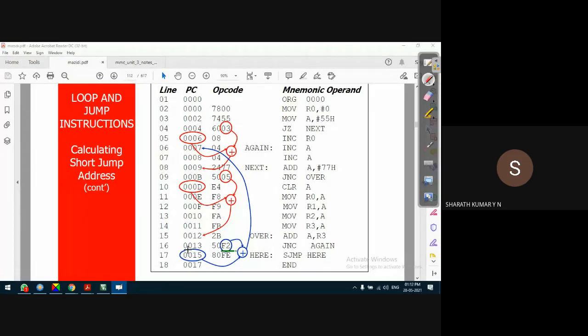That is because when this instruction is being executed, PC is pointing to the next location. Okay, that is 0 0 0 1 5. Please give me 2 minutes. I understand you'll have a lapse. 0 0 1 5 minus what corresponds to 0 0 0 7. What will be the difference?